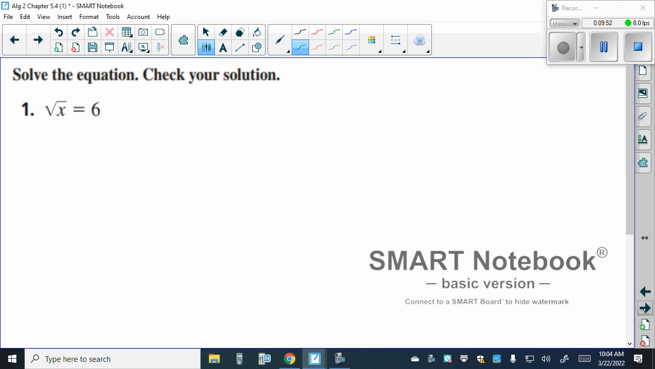All right. Let's look at this one here. So our first step, get the radical by itself. Is it by itself? Yeah. Okay, put both sides to the nth power. So we're putting both sides to what? Second, because we're still dealing with square roots. So the square root of x squared is x. 6 squared is